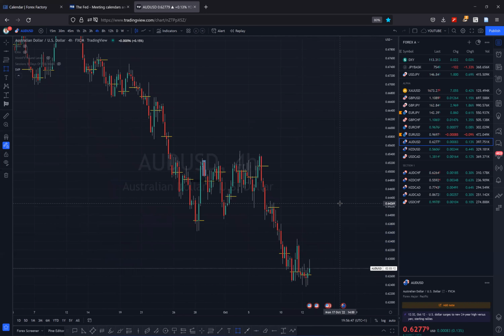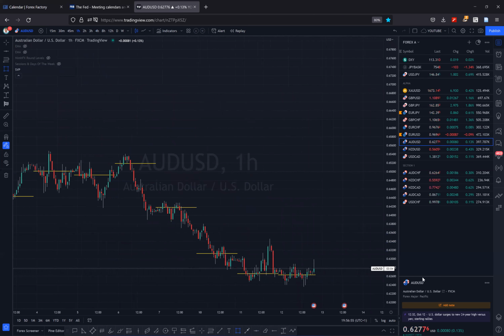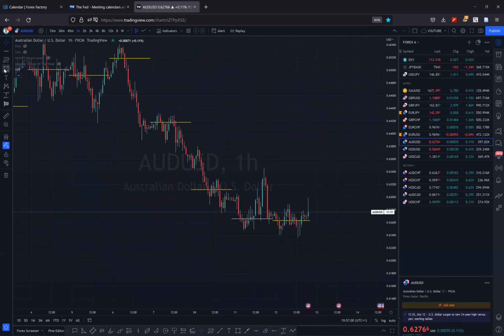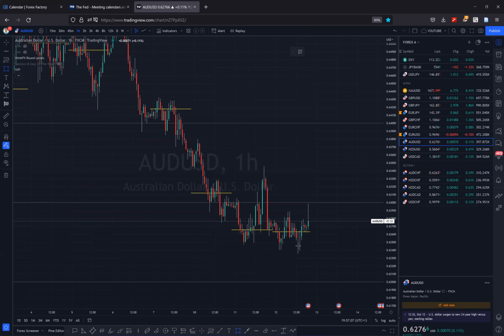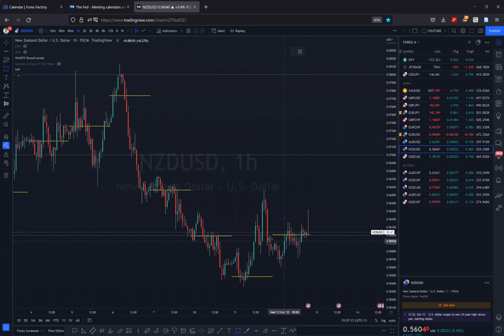AUDUSD, I bought AUDUSD for the news. So on the 1 hour time frame, we had price sitting on the POC here, and you see price lined up on the POC here, and it's also a major psychological level. So NU was rather sitting on the major psychological level. So this was the level